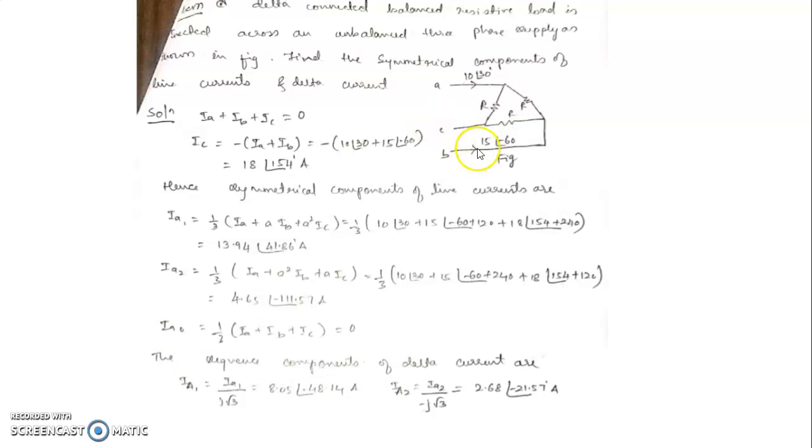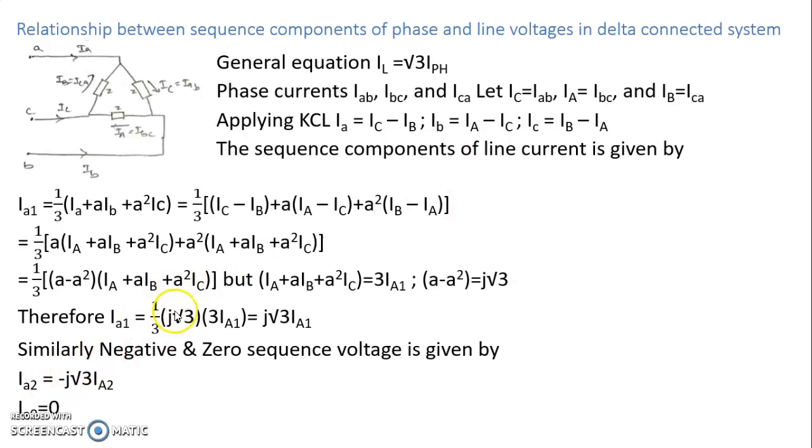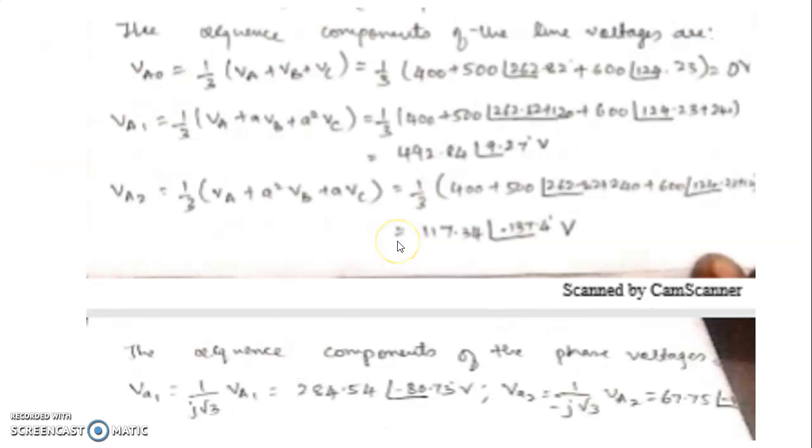Now the sequence components of delta current. Delta current means the current flowing here. The delta current is given by, again we have the formula, small IA1 is equal to j root 3 times capital IA1. So we will use that here. Capital IA1 I want, so that is IA1 divided by j root 3. Substitute, you will get the value. Capital IA2 is equal